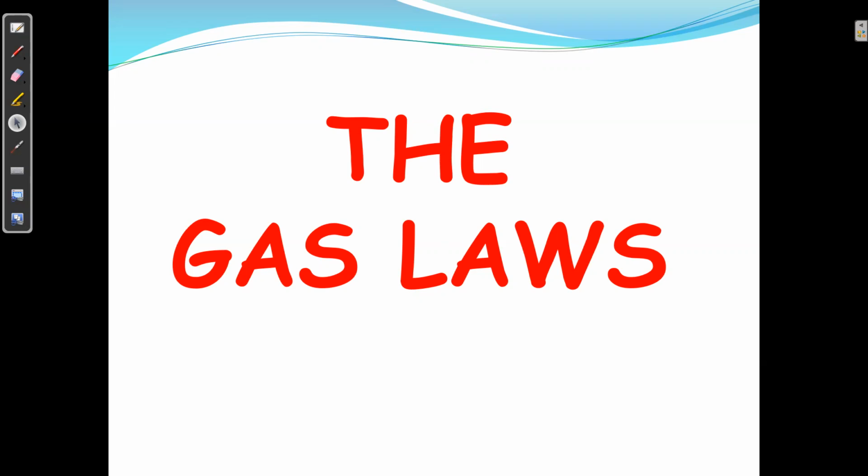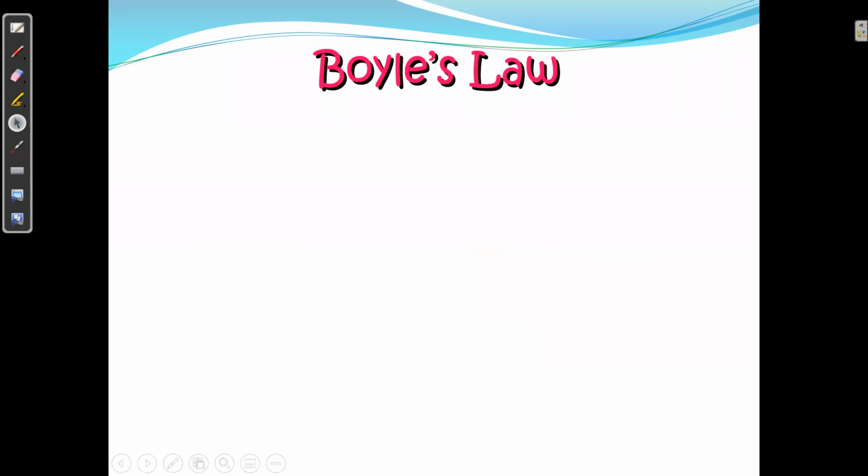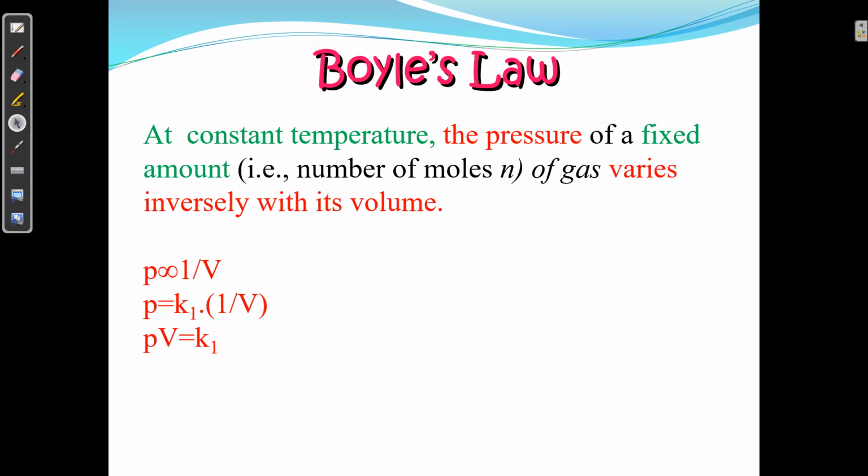Okay. Now we have already discussed this, but again we'll see. So what are these gas laws? All of you know the first law is Boyle's law. What is Boyle's law? It is a relationship between pressure and volume. How are the pressure and volume related with each other? They are inverse to each other. So pressure and volume are inversely proportional to each other at constant temperature and amount of gas. The other two parameters will be constant. So at constant temperature and amount of gas, the pressure is inversely proportional to the volume.